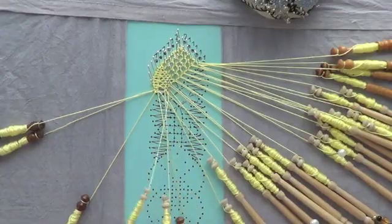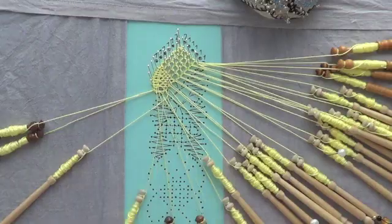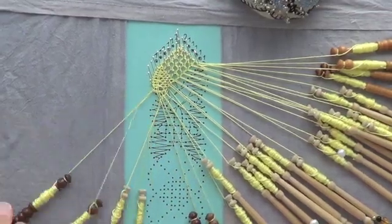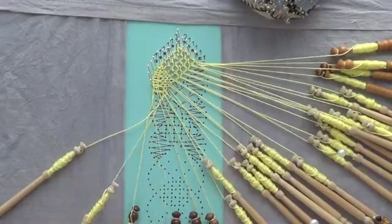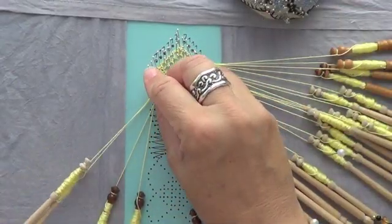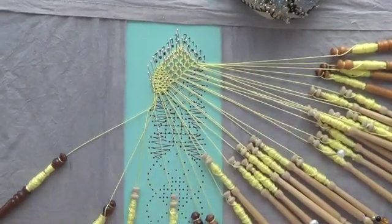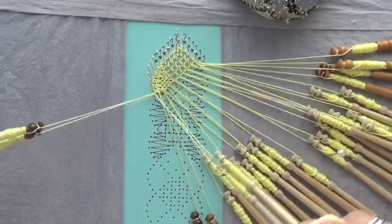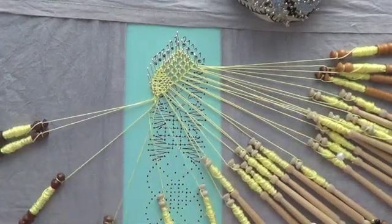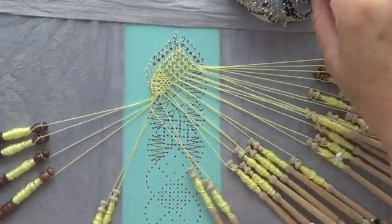Oh. These are tricky bobbins to work with because they're heavy. They're heavier, the beads on them are heavier. Twist, pin, and go back through this last pair,